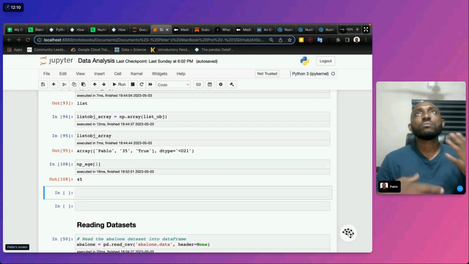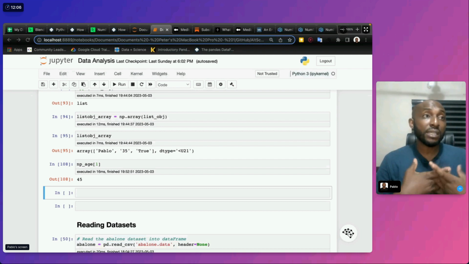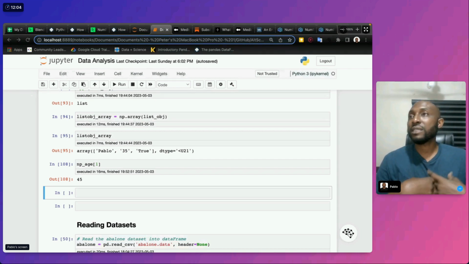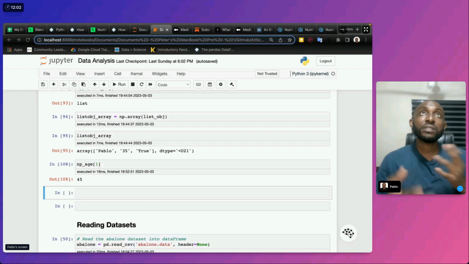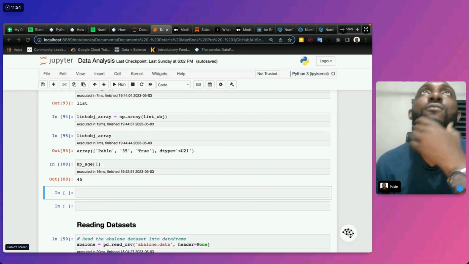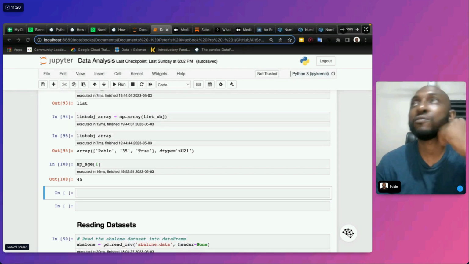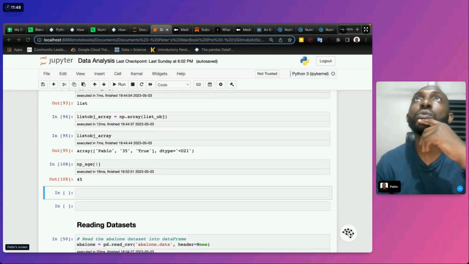So NumPy is really huge. As we proceed, we're going to see how you can also use NumPy for data analysis, which makes it really fast. Because for the most part, you are trying to optimize for speed in some of the analysis that you're doing.